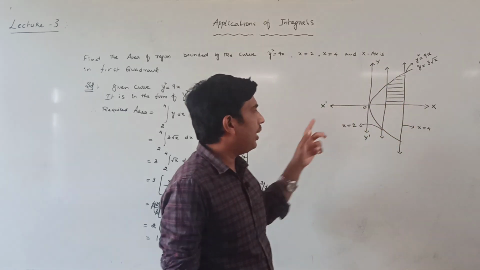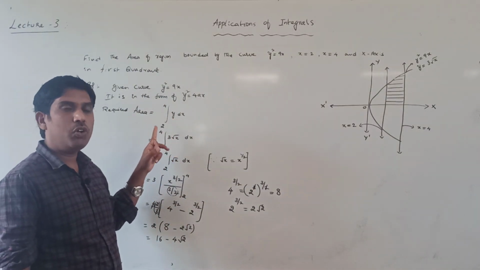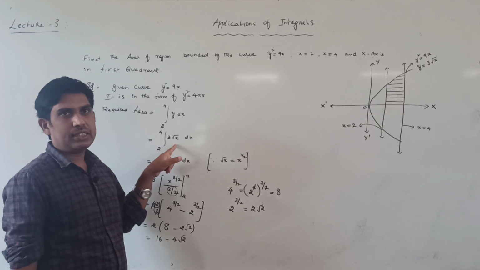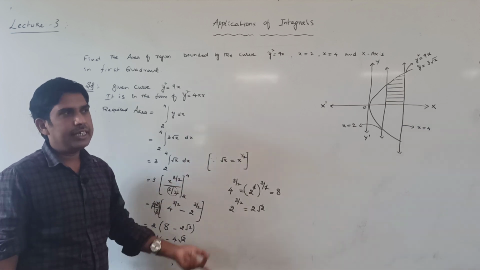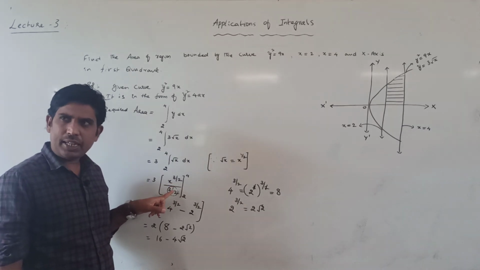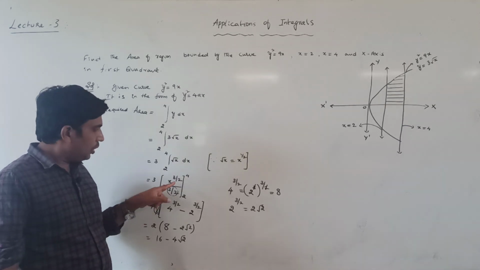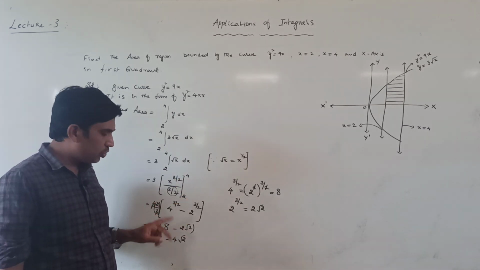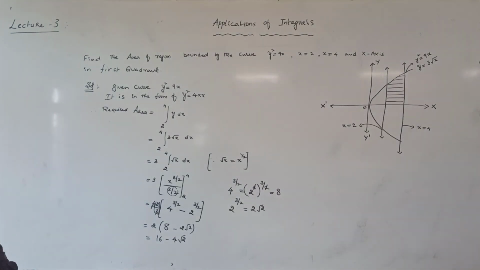So therefore the required area formula, what is the number? Integral of y dx. So limits taken from 2 to 4, and the y value from the given curve equation, how much does it mean? 3 root x. So root x is nothing but x power 1 by 2. The x power n integral formula is x power n plus 1 by n plus 1. Therefore x power 3 by 2 by 3 by 2. This 3 by 2, outside that bracket, becomes 2 by 3. Just apply the limits, in place of x, upper limit and lower limit, like this. So the final answer we get is 16 minus 4 root 2. Understood?